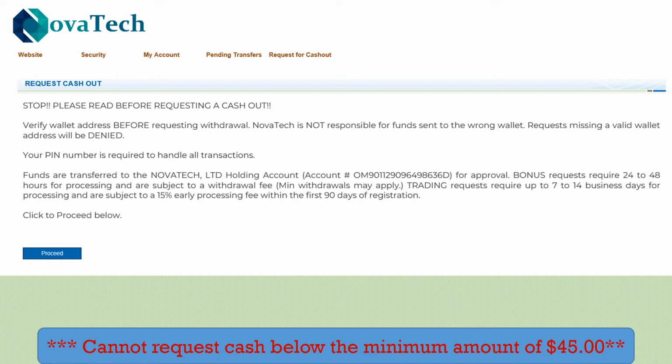Bonus account takes 24 to 48 hours. Now they're not saying it's going to take the full 48 hours. They're not saying it won't. But within 48 hours, with all the withdrawals that I've made, I've received my payments within 48 hours. But it'll take 24 to 48 hours for you to receive your cash out from the bonus account,